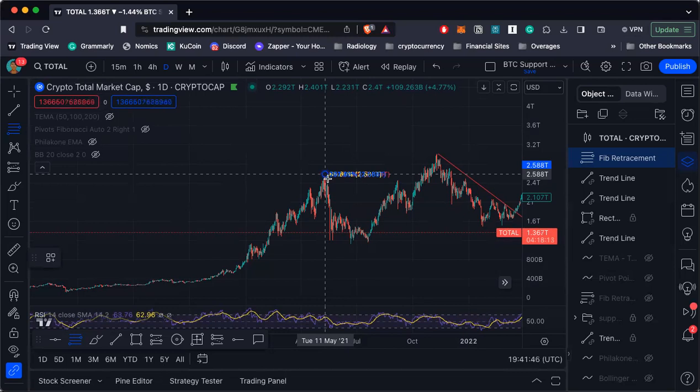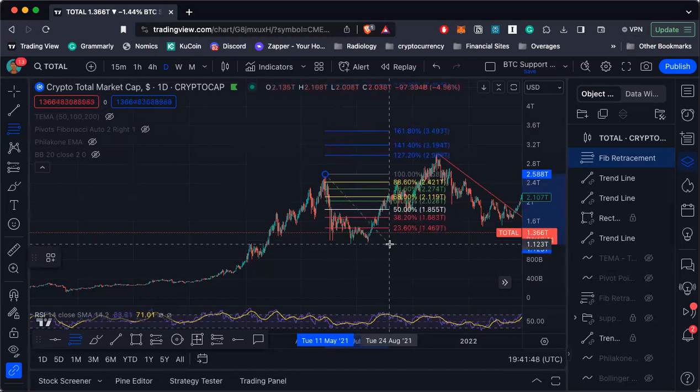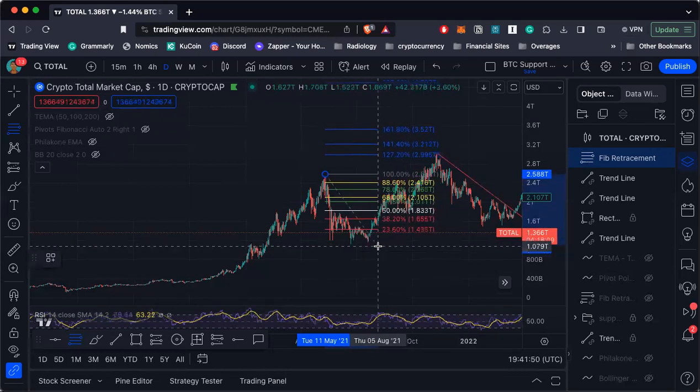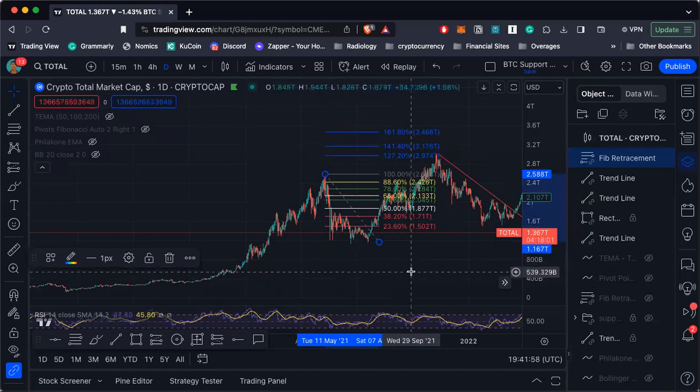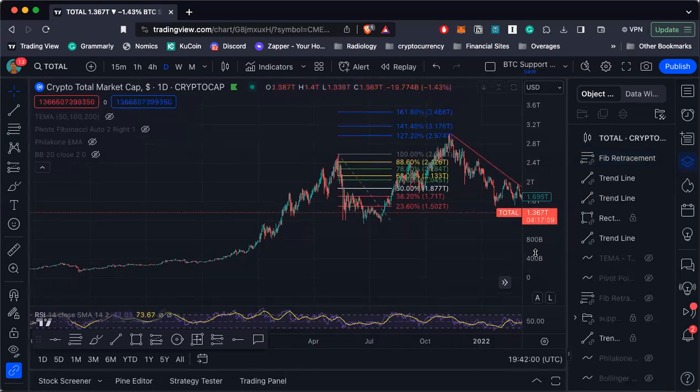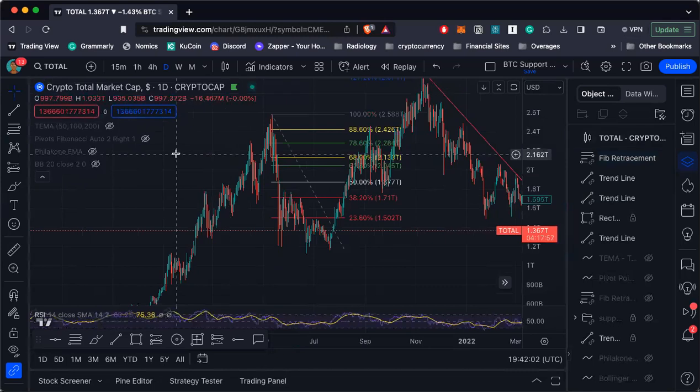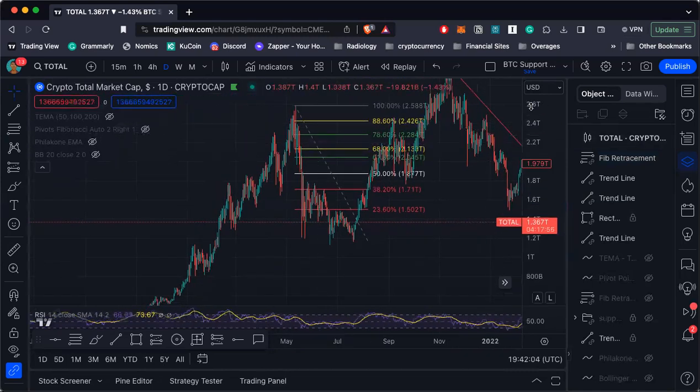Now, as you can see, we're going to start from here. I'm not going to go over how to draw Fibonacci retracement lines in this video, but essentially I'm just drawing from the last peak to this particular bottom. Okay. And if we just look at that peak, from that peak to that bottom,